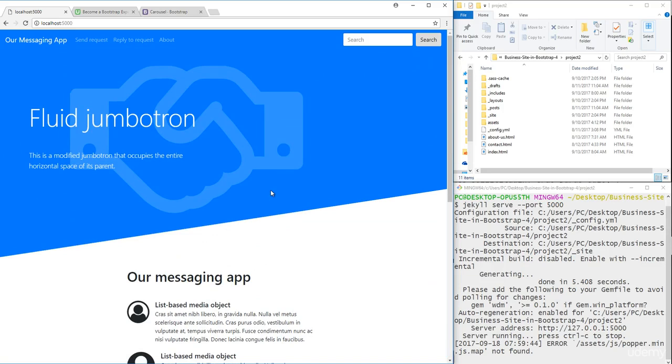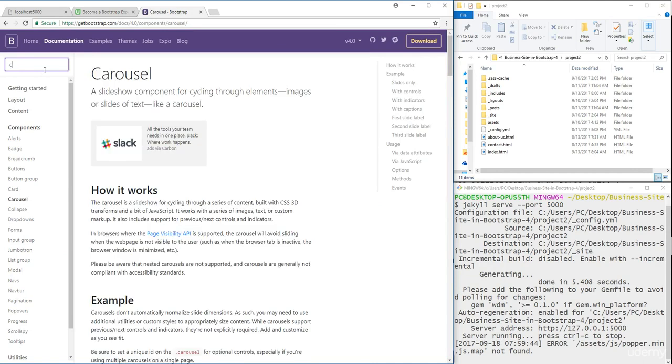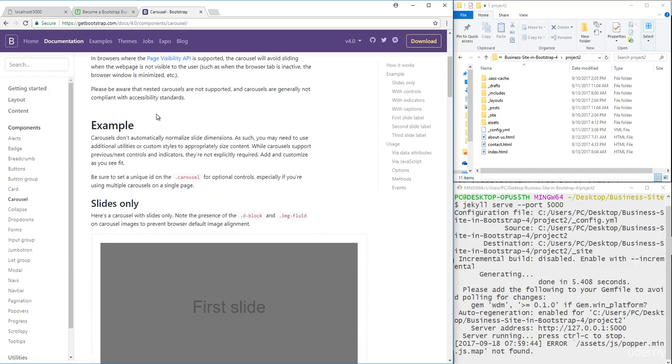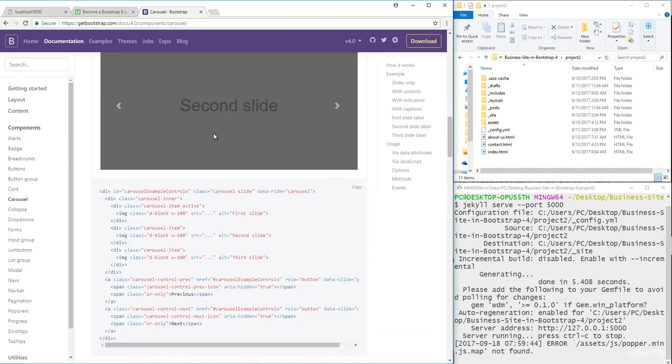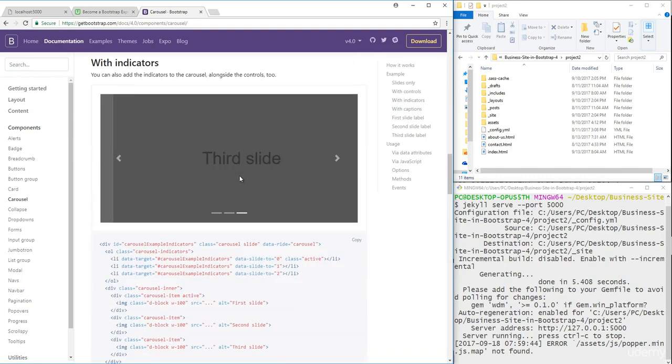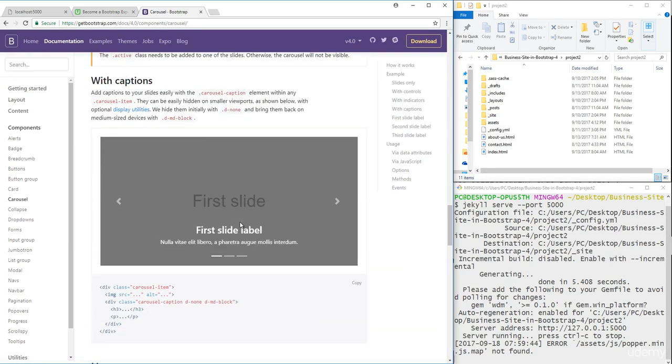So to start, let's first go to the Get Bootstrap Docs, and right here we can type carousel and click on the results, and now we have the description, the examples. We don't want to use the first example, that's slide only. We actually want to have something with controls and with some additional information. So we're going to have this with indicators and with controls, and we're also going to use the code from